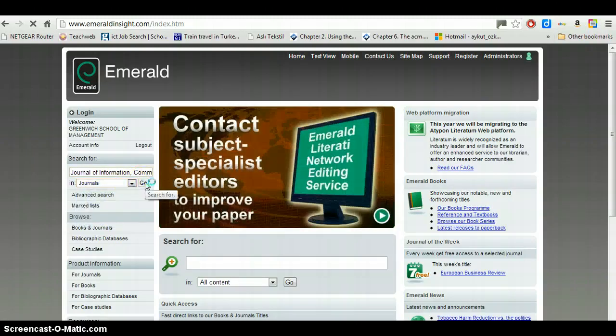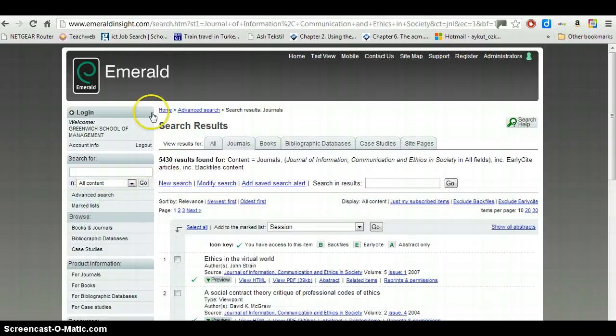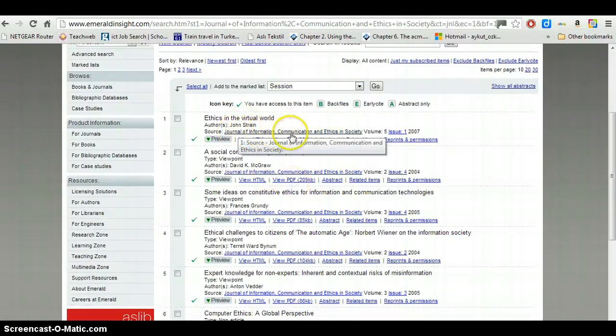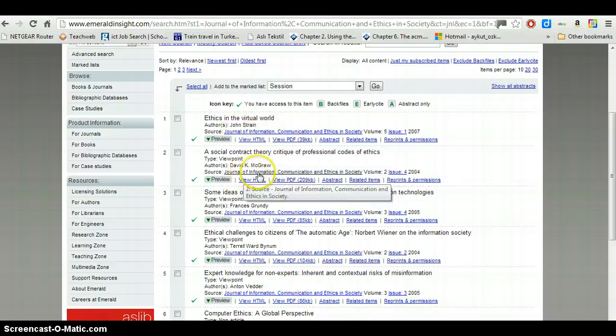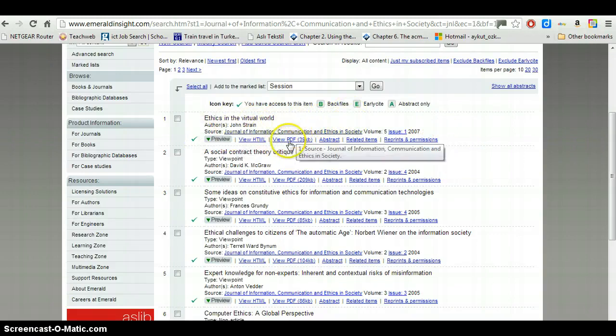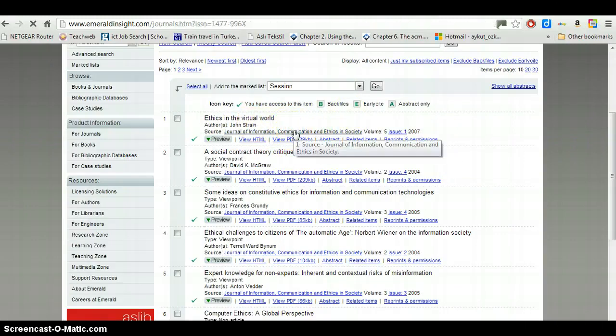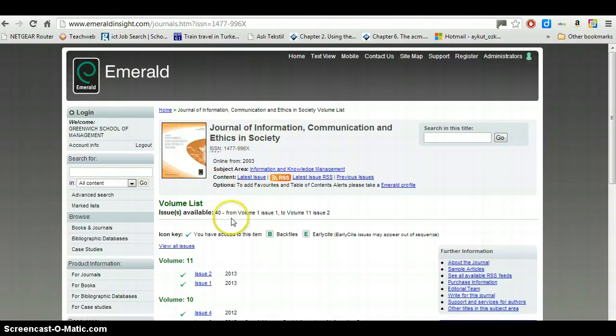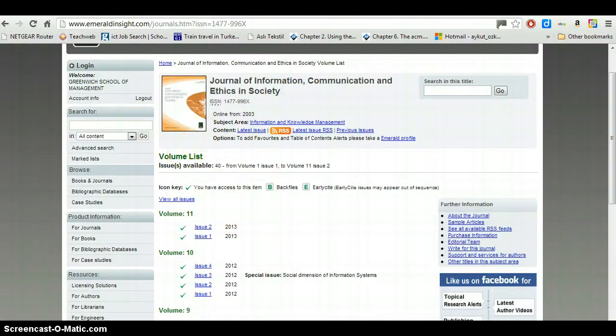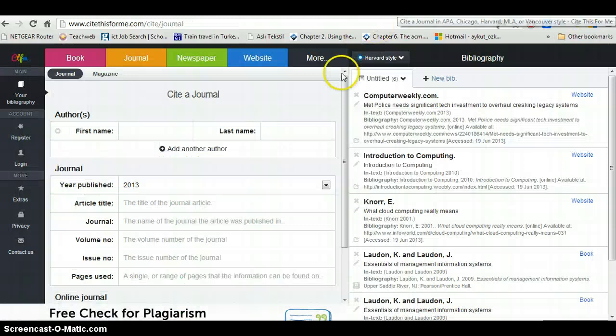If I say go, now it's searching the Emerald database, and if you notice, it returns everything that's written under that journal, the Journal of Information, Communication and Ethics in Society, and you could reference these journals in your reports. I hope that's useful also, and if you can't find how to reference this, simply take down the information like this, download it as a PDF document or read it online, and then once you have the correct information, go back to Cite This for me, click on Journal